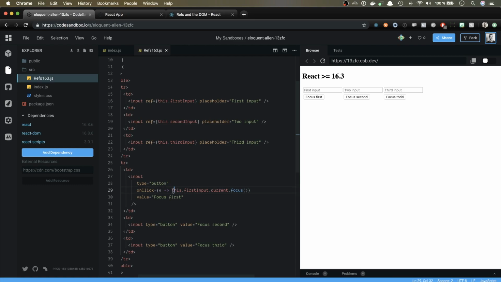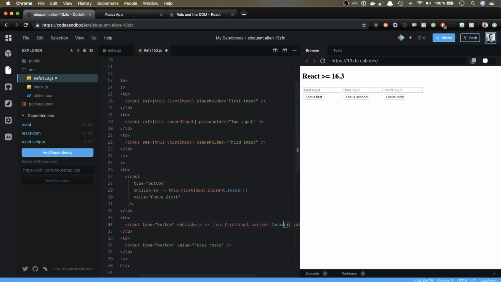So this is all that it takes to focus an element. So the ref and dot current dot focus, and we can do this same thing for the other two buttons. Just change the ref name